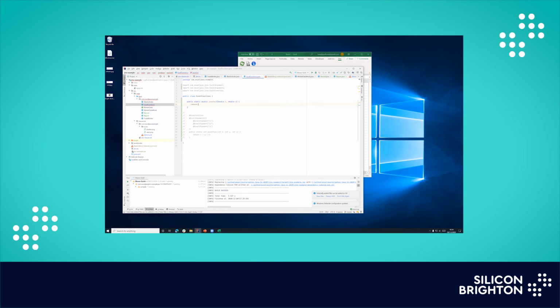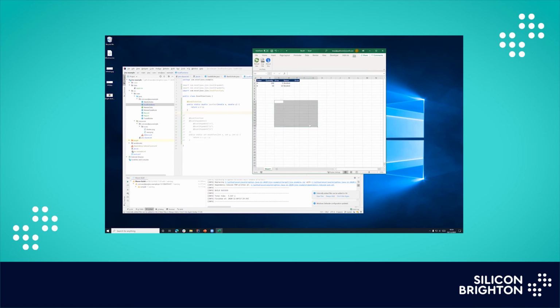Whatever it is, and then just say, just times them together, something like that. So obviously a very, very simple static Java method here. But if I wanted to make this into a UDF, all I have to do is add the Excel function annotation, and that's it. So in here, just to show you, if I do equals Java test, that function doesn't